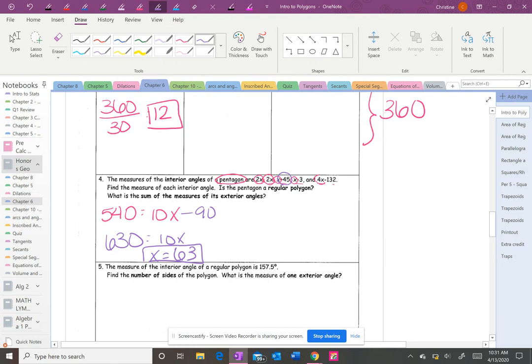So to tell if it's regular, all the angles would have to be the same. So let's see, 2 times 63. I don't know why I'm using a calculator. So it would be 126, 126. And then this would be 108. So you can see right away that it's not going to work. That's 60. It's something else. 120. So it's not regular,